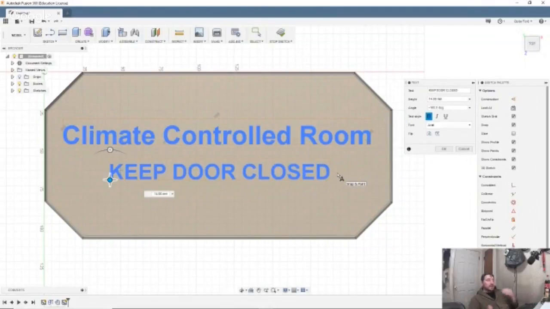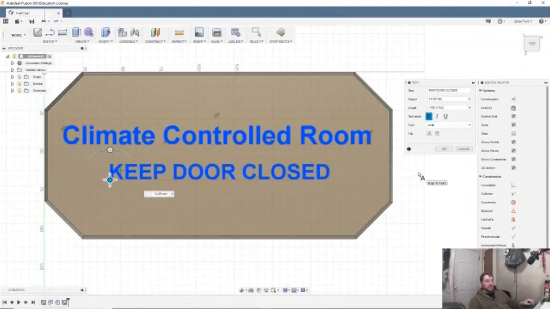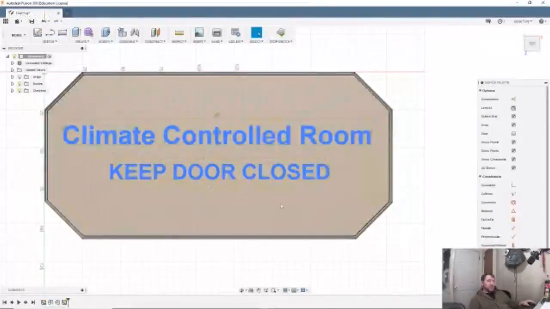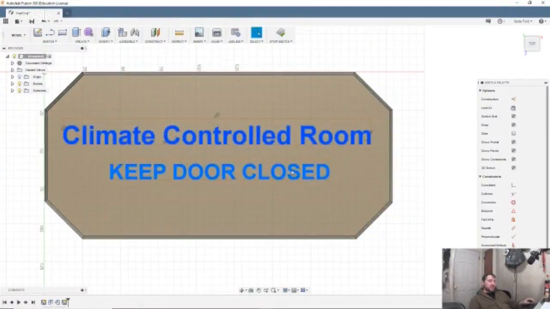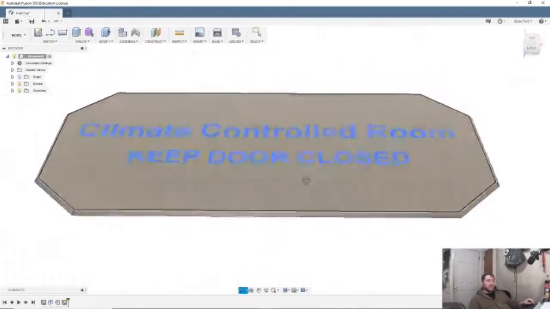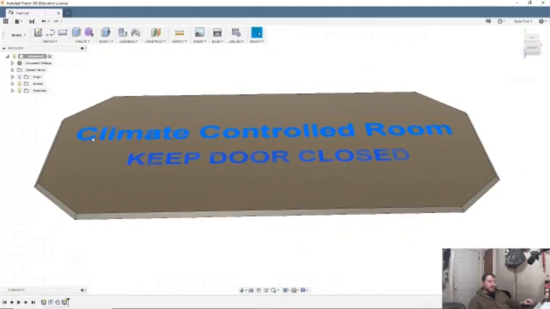So yeah, this is a real simple way to do quick items. This kind of stuff in Fusion 360 does not take long at all, which is nice. If you've got somebody looking for some quick signage, you have so many opportunities. You could do raised letters, you could do embossed letters. This one's going to have raised letters, just because I'm going to flip the filament color. So what I'm going to do is select these,